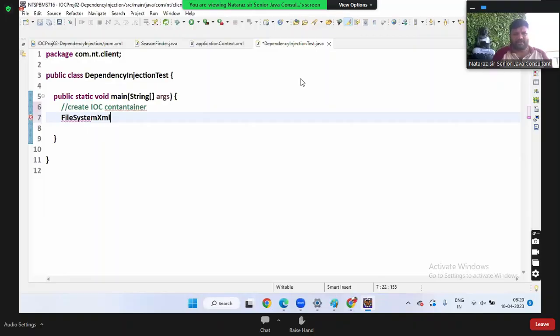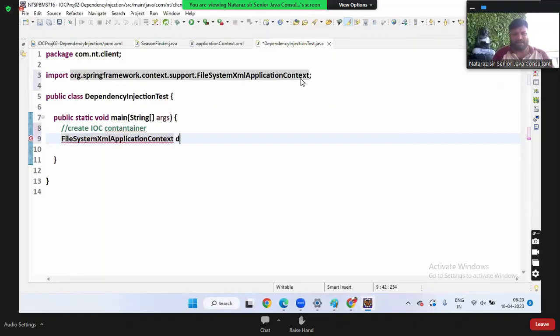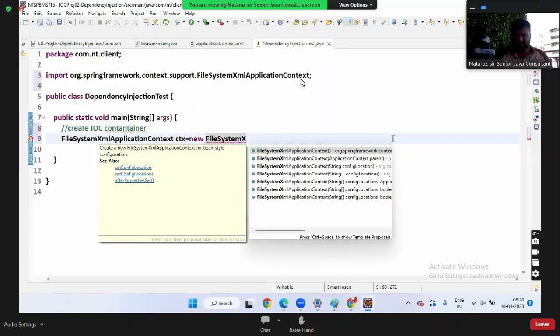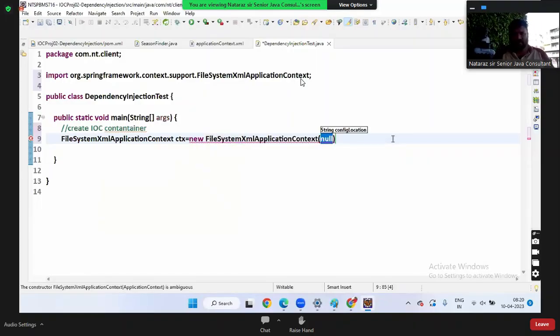FileSystemXmlApplicationContext. ctx is equal to new FileSystemXmlApplicationContext, src/main/ Okay, boss. src/main/